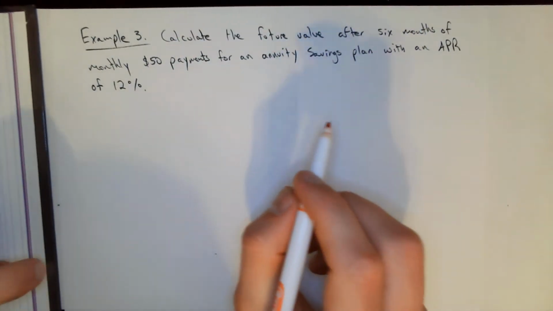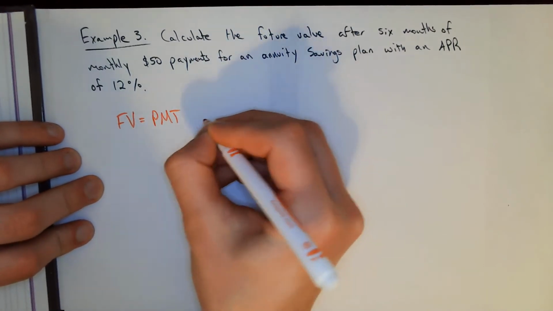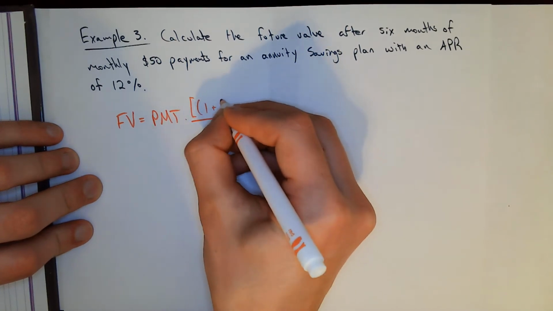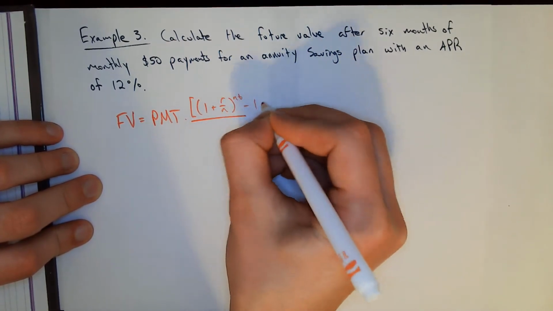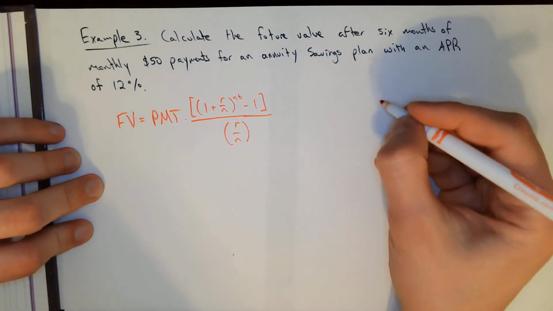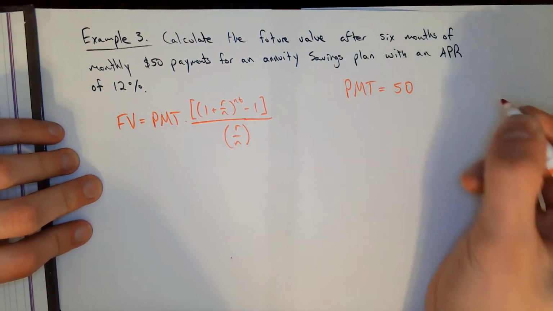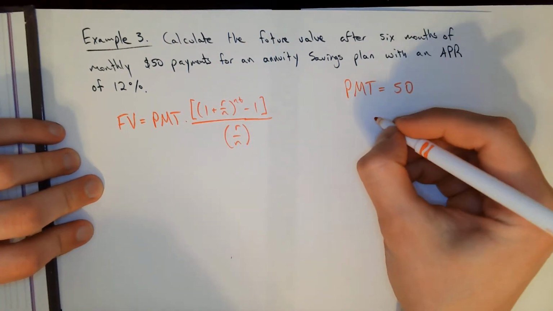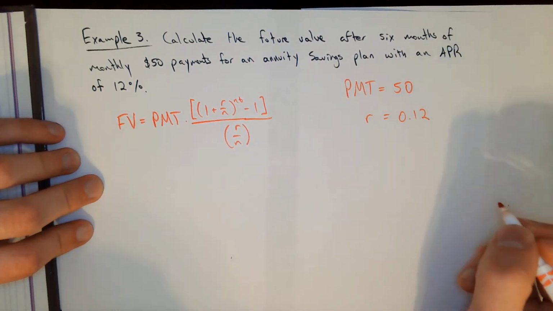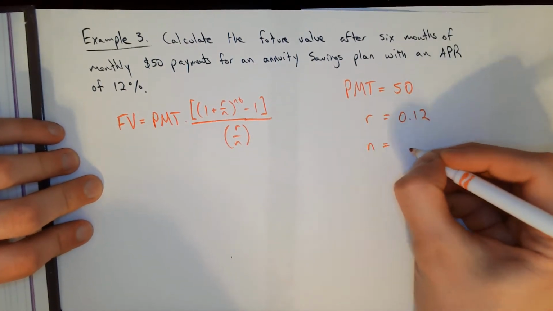calculate the future value after 6 months. So we've got future value is equal to payment times 1 plus r over n raised to the nt minus 1, close that parentheses, all over r over n. One thing to note here, let me just write all these off on the side. Payment is $50, okay. Our APR is 12%, so 0.12, written as a decimal, just dividing by 100 to get it as a decimal. N is